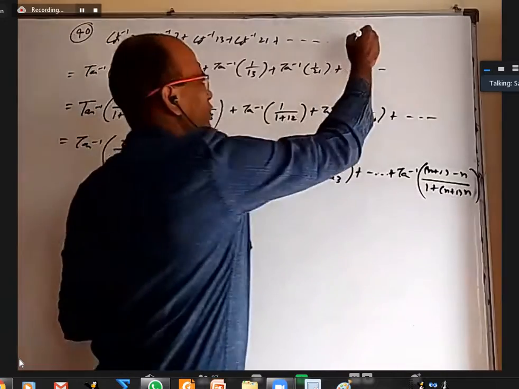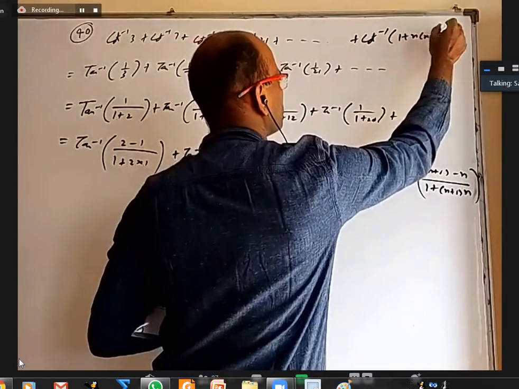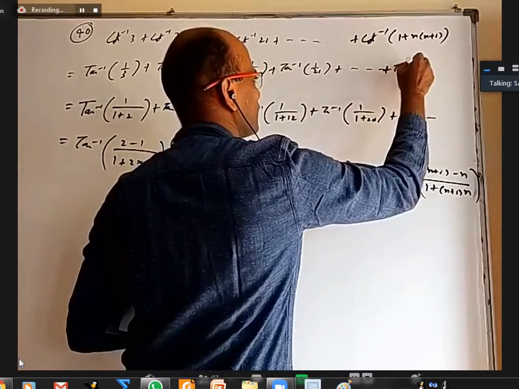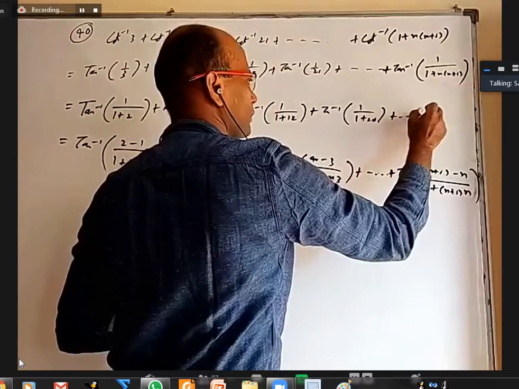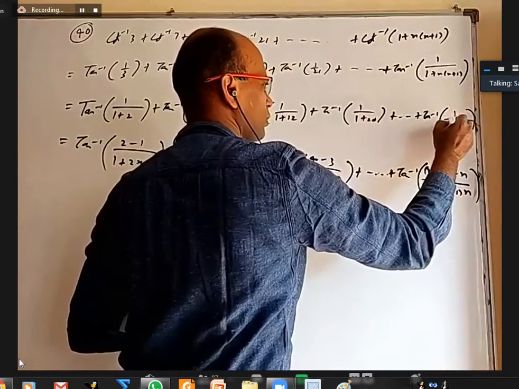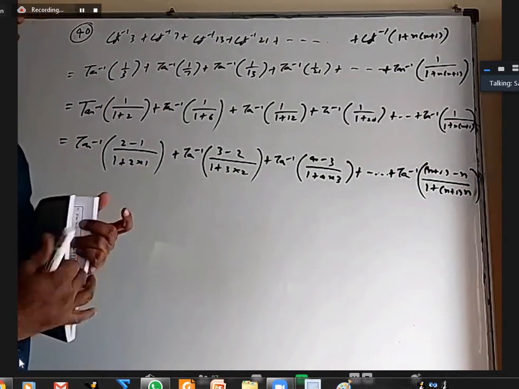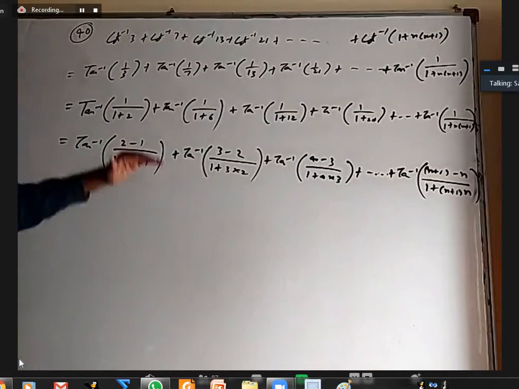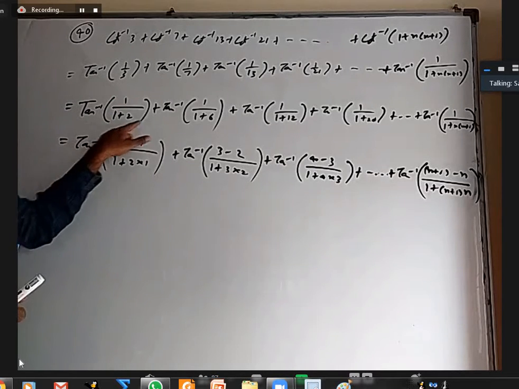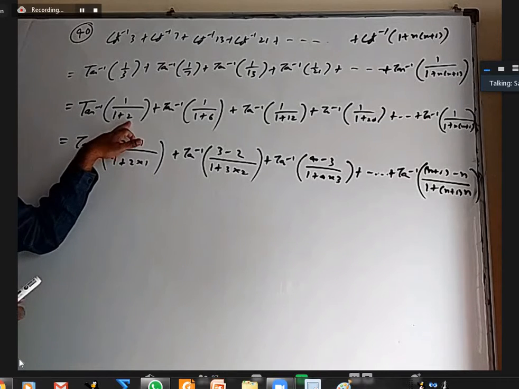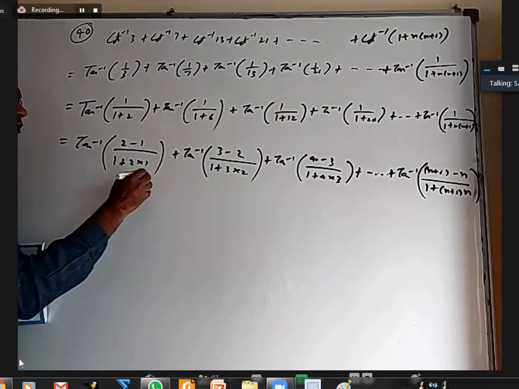Okay, so right in the beginning, if you want, you can write the last term as cot inverse 1 plus n into n plus 1. Here you can write tan inverse 1 by 1 plus n into n plus 1. Here also the same. Even if you have not found the nth term right in the beginning, you can write every term like this. First I took reciprocals. In the denominator, I wrote everything as 1 plus whatever is the extra. And then I can recognize this extra part is the product of two things whose difference is the one in the numerator. Now in each question I can use this formula.